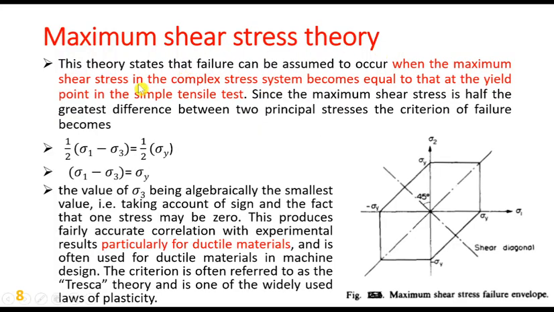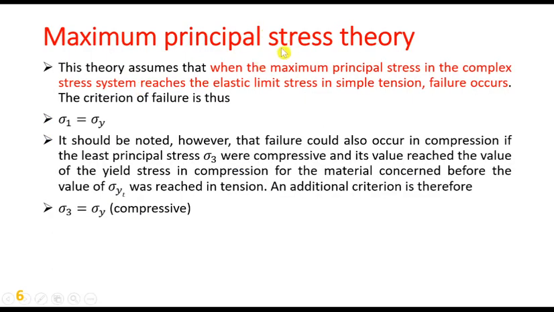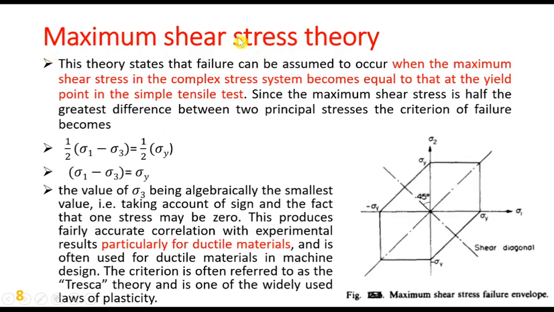Maximum shear stress theory. Now the criteria was principal stress, but in the second theory the criteria will be maximum shear stress. This theory states that failure will occur when the maximum shear stress in the complex stress system becomes equal to that at the yield point in the simple tensile test. So at the yield point in the simple tensile test, what is the value of shear stress? That value of shear stress is the limiting value, and that is obviously half of sigma y